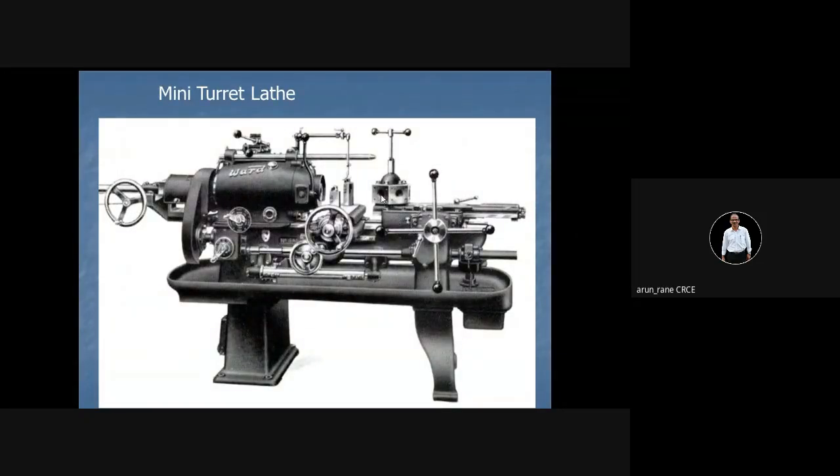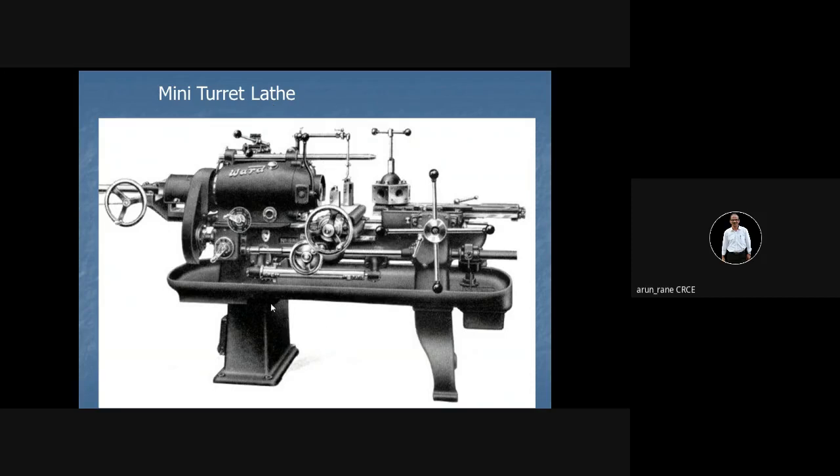All right, and then drilling, boring, etc. can be done with the help of this slide. All right. So there is no good rigidity, because when this moves the turret ahead, it acts like an overhang. When this slide comes here, it acts like an overhang. So this is a typical capstan lathe. It is also called the mini turret lathe. Remember, it is also called the mini turret lathe.